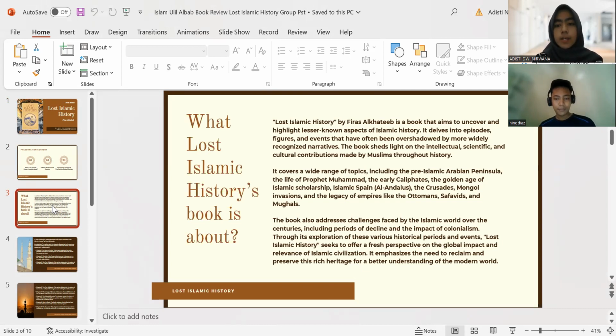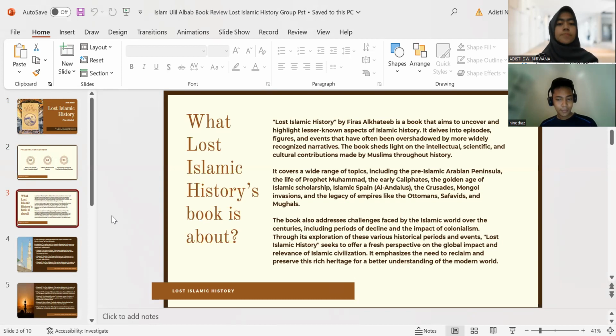range of topics, including the pre-Islamic Arabian Peninsula, the life of Prophet Muhammad, the early caliphates, the golden age of Islamic scholarship, Islamic Spain or Al-Andalus, the Crusades, Mongol invasion, and the legacy of empires like the Ottomans, Safavids, and Mughals. The book also addresses challenges faced by the Islamic world over the centuries, including periods of decline and the impact